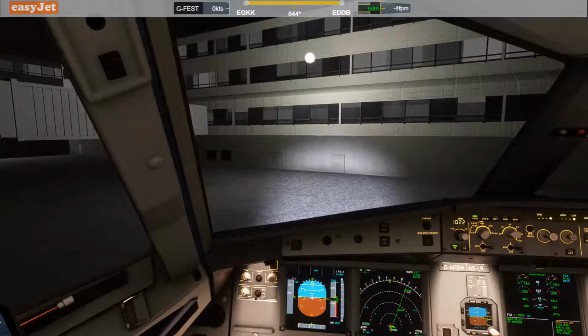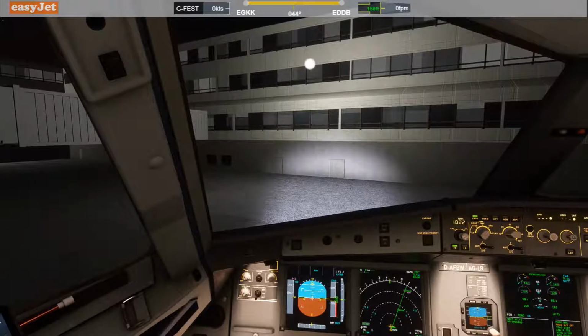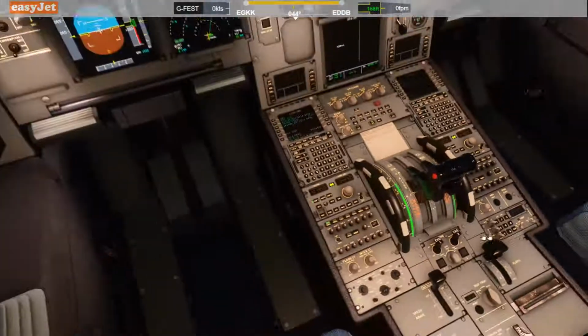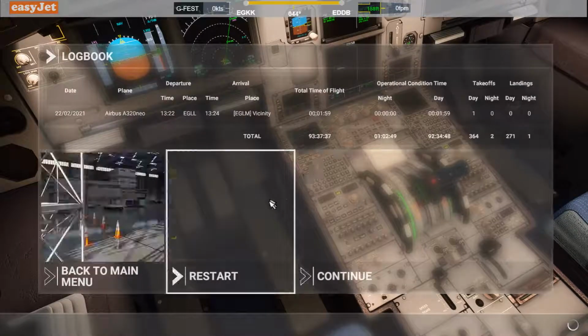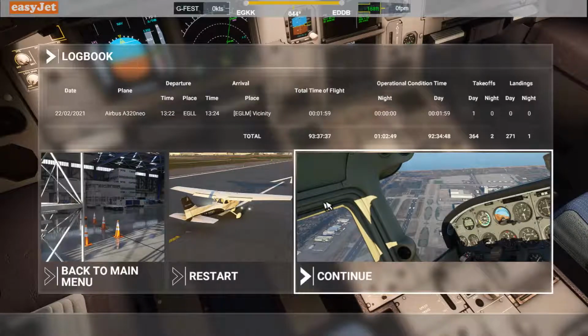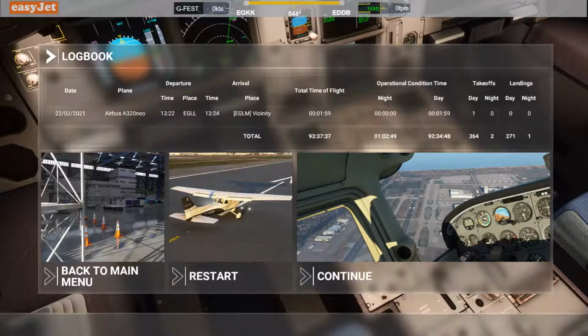Okay. Stop there. Brakes on. Brakes are set on. Thrust levers are idle. Engine masters are set off. Fasten seatbelts comes off. Ah, we're there according to this. What to say? I think